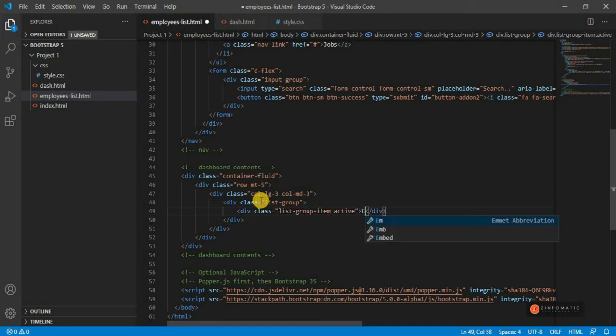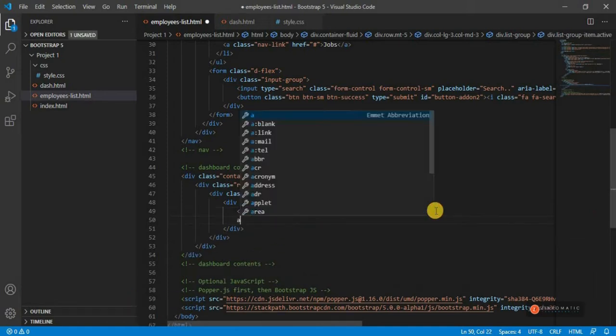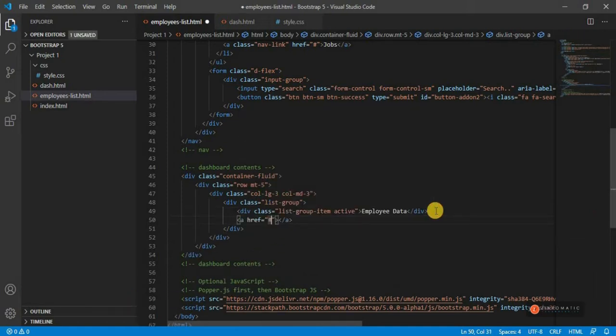Okay, so I'm going to call this employee data. Okay, save that and create an anchor tag now, and this one is going to be with the class called list-group-item,